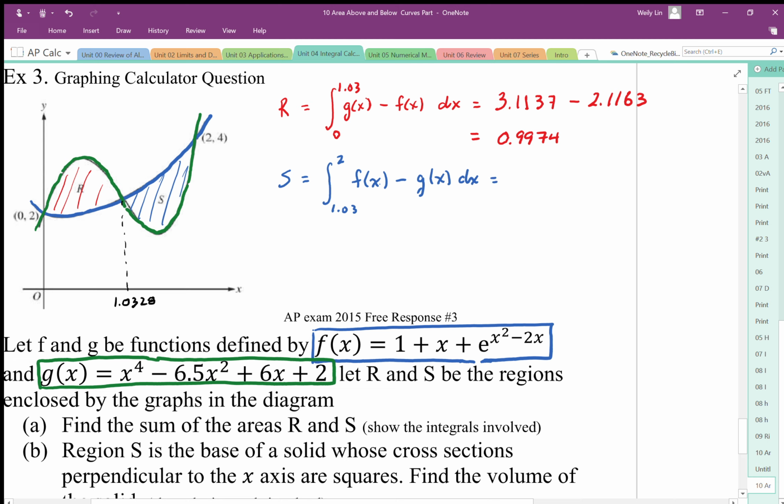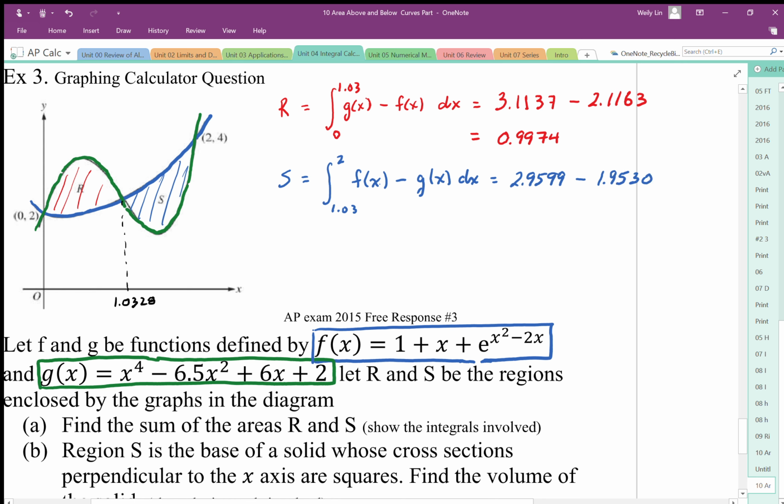And so to find that shaded area, I'll find the area under the f, which I calculate to be 2.9599, and then I'm going to find the area under the green function, which is g, and subtract that. So the area under the g function, when I shade that area, I get 1.9530,